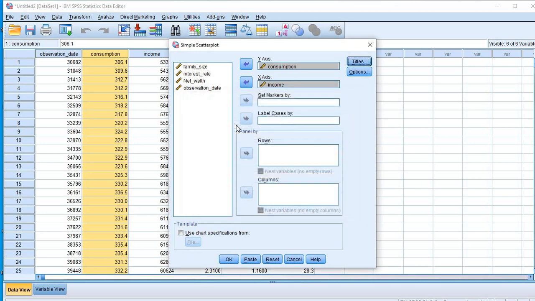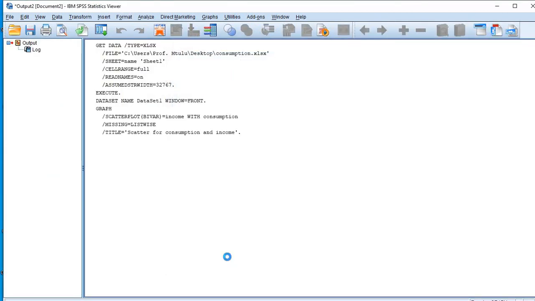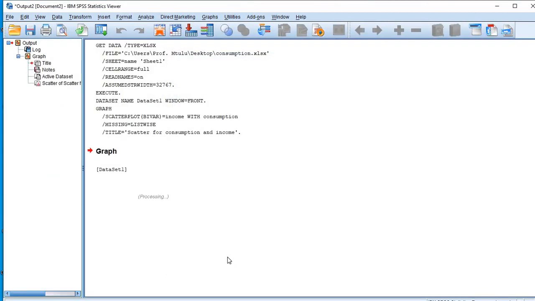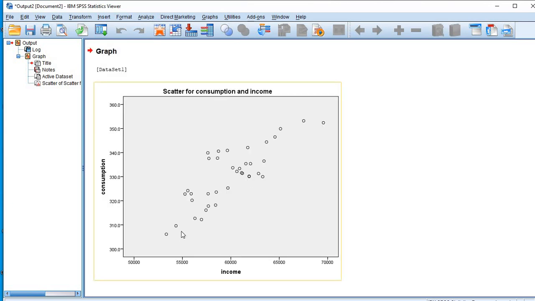Consumption and income. That's enough. And I click OK. When we observe the graph of consumption and income,